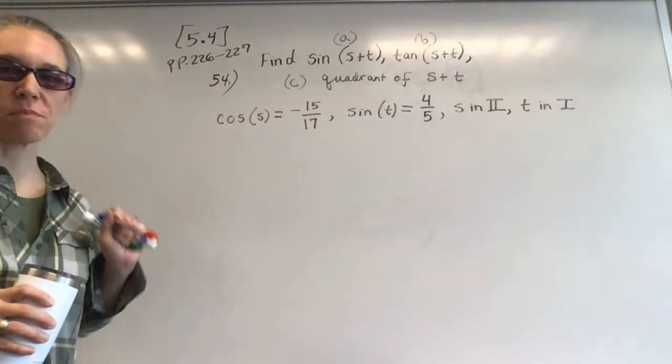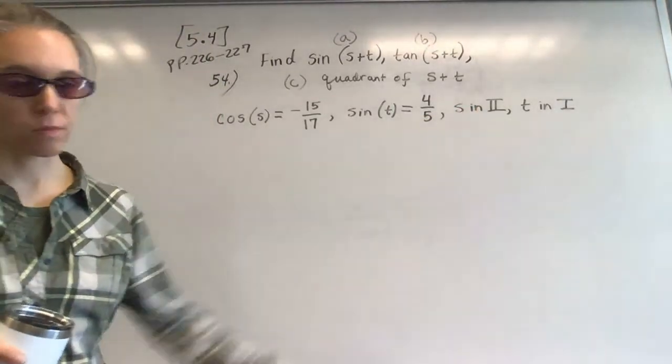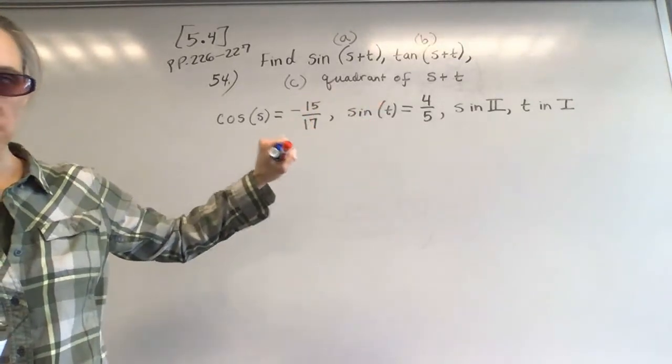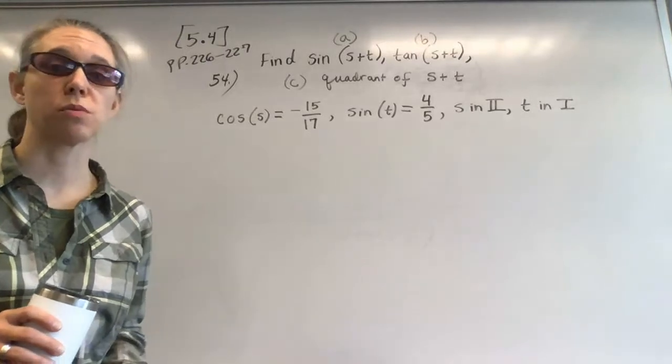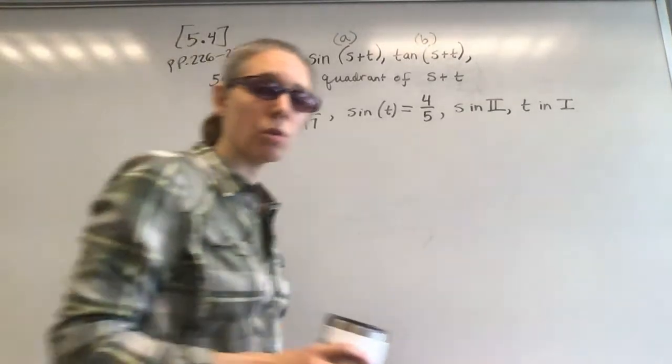Triangles, right? So we have S in quadrant 2, T in quadrant 1. So we want to set up quadrants, set up triangles, label all the sides of the triangles. You might want to just do that first before you even get started on trying to figure out A, B, and C. So we'll go ahead and draw